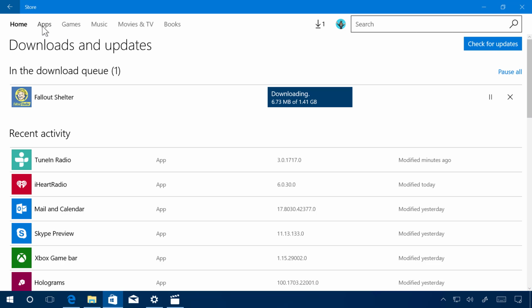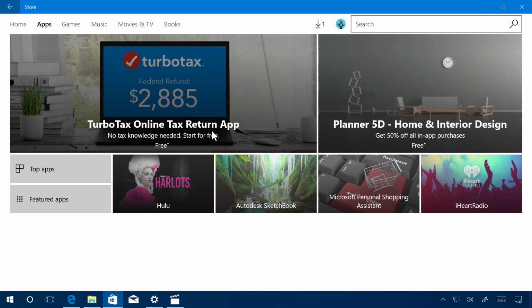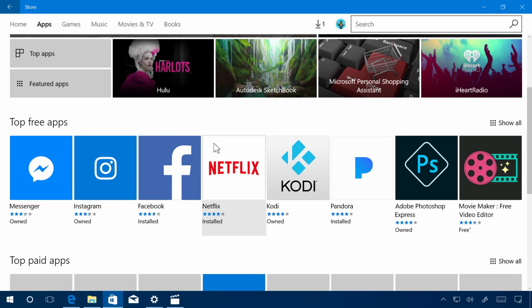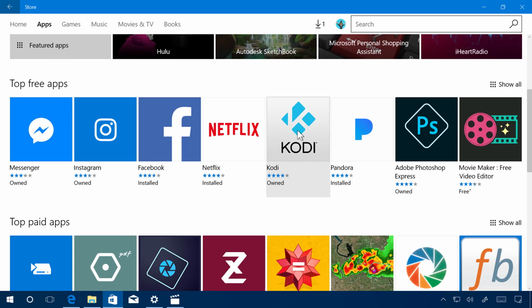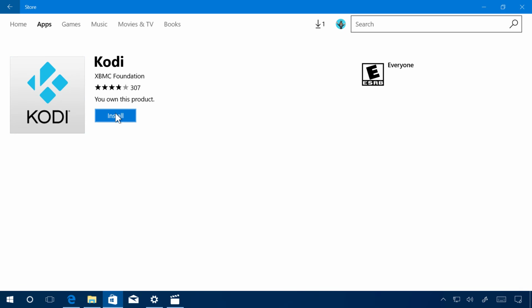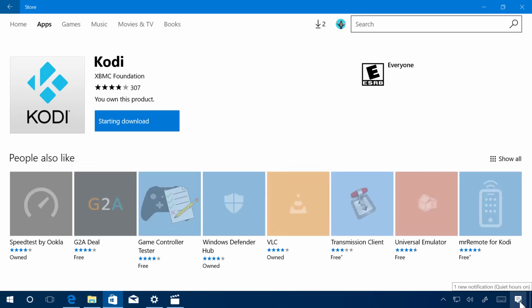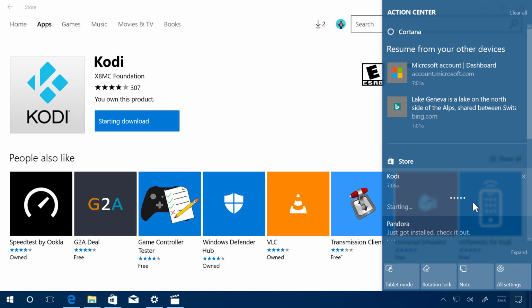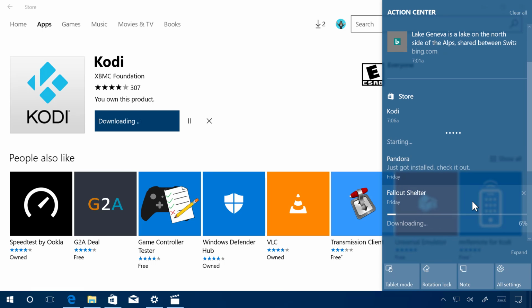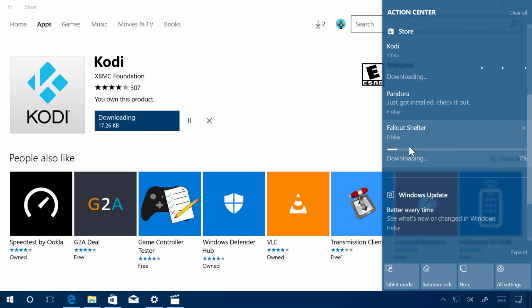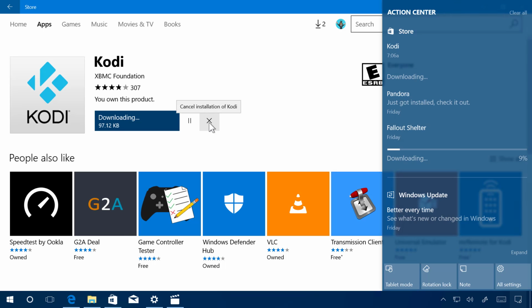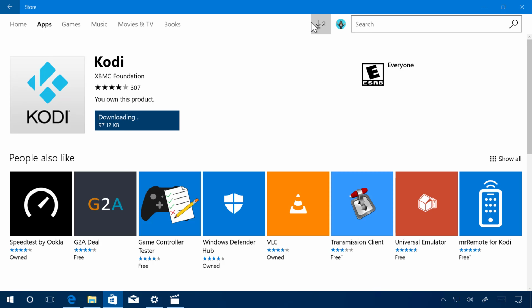Let's get something else. Let's get an app. Let's install Kodi. Going to install that, and as you can see now, the game that I'm downloading is getting the progress bar, as you can see right there. So I'm not going to finish this, I just wanted to show you how that worked. So I'm going to cancel the download, and